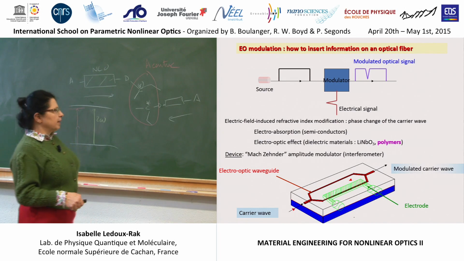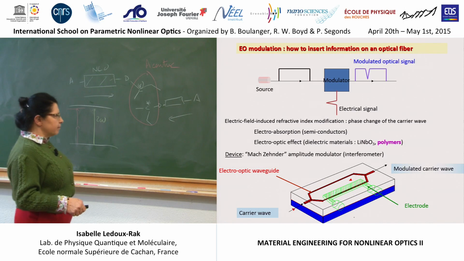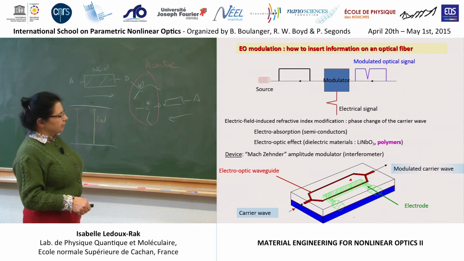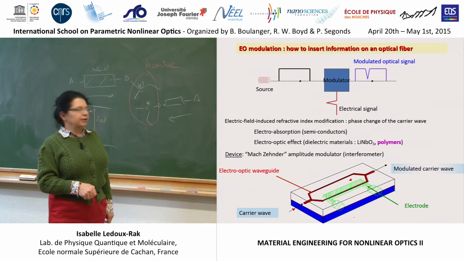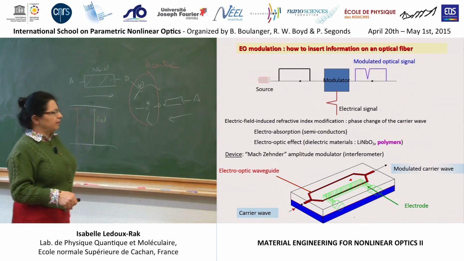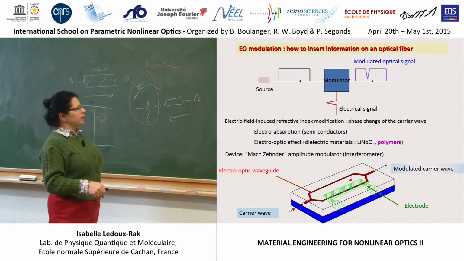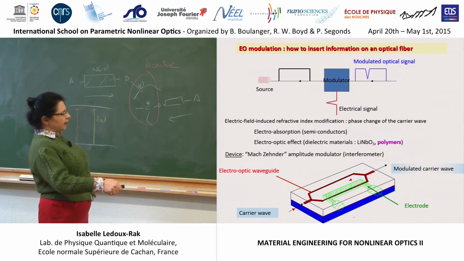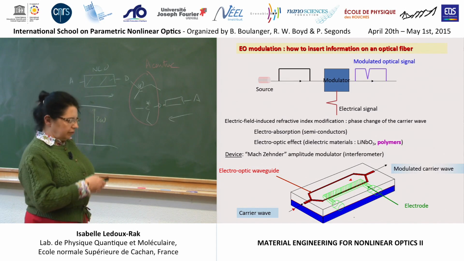whose amplitude is modified. So in fact, the carrier wave is sent over there and split in two parts. The first part goes through a centrosymmetric waveguide, which is linear. And the other arm has been electrically poled via the procedure I described before. This electrode can be used either as a poling electrode or also as an operating electrode, because it will transmit the electrical signal, change the phase, and by interference transform this dephasing into a change of intensity.